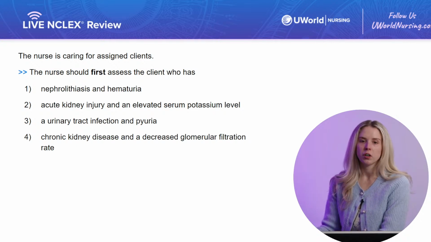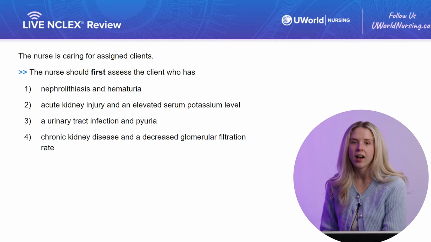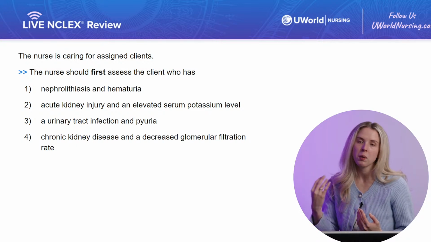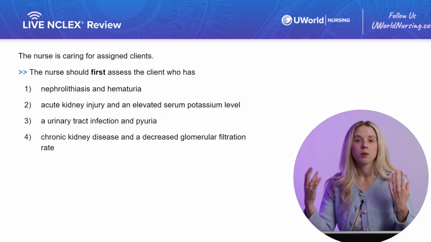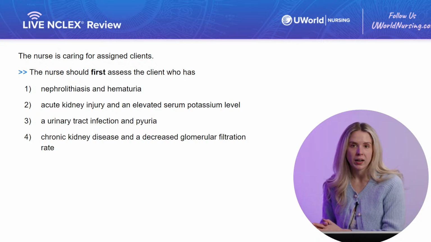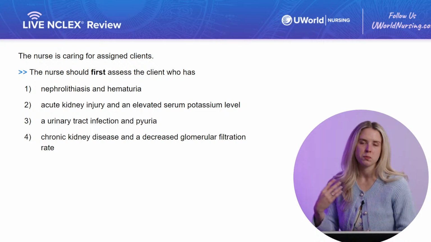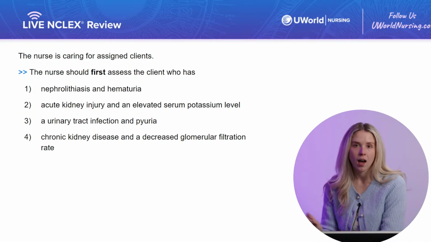Option 3, a UTI and pyuria. So in a urinary tract infection, we can see pyuria, which is just pus in the urine. Again, this is an unpleasant finding, but it is expected. We would treat this client with an antibiotic and probably some pain management, some analgesia, but this is not our